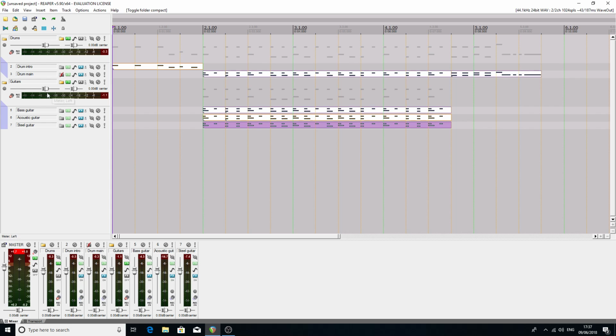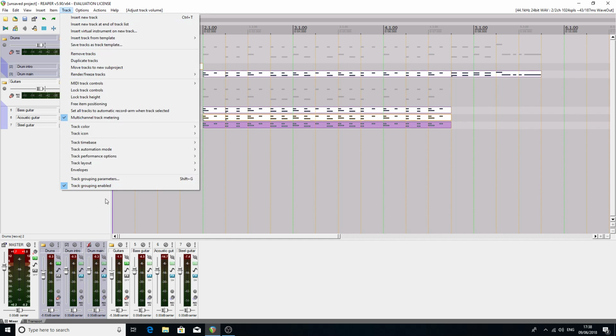So that helps you see a bit more and makes the folders even more useful in that way, if you like. Now the other thing you can do is color code stuff, which I also suggest because it makes it a lot easier to see what's what. So if I click on this track, hold down the shift key and click on that track, and then go track color and set tracks to custom color,